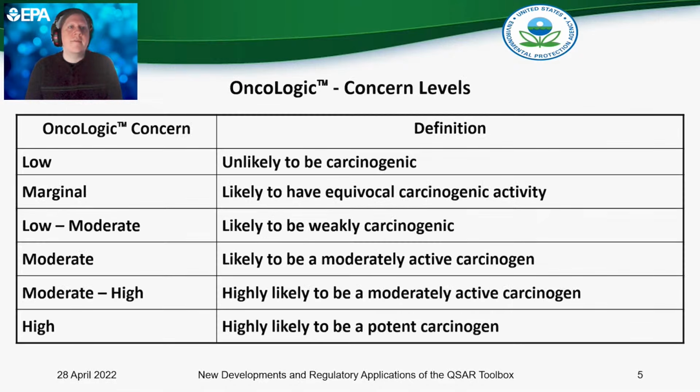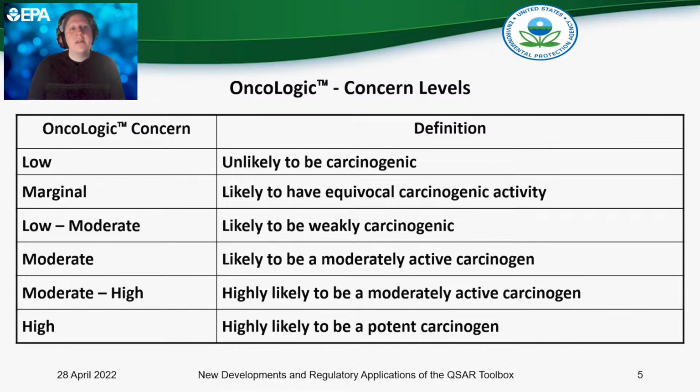So what are those concern levels? Like I said, it's an ordinal ranking from low to high. So low is unlikely to be carcinogenic. Low moderate is likely to be weakly carcinogenic. Moderate is likely to be a moderately active carcinogen. Moderate to high is highly likely to be a moderately active carcinogen, and high is highly likely to be a